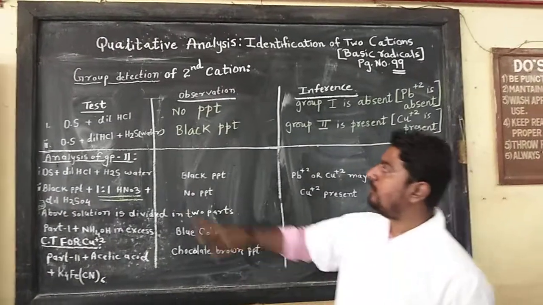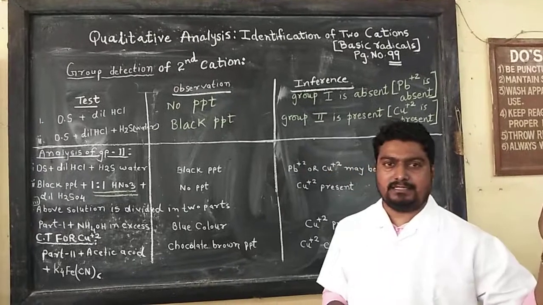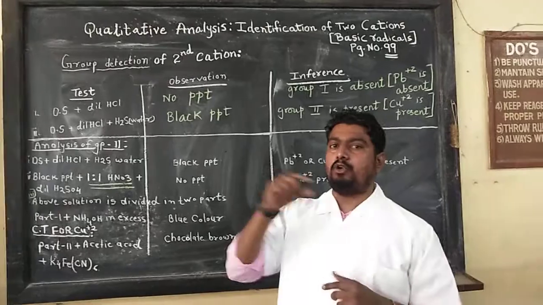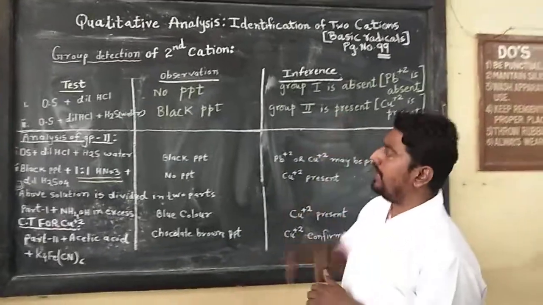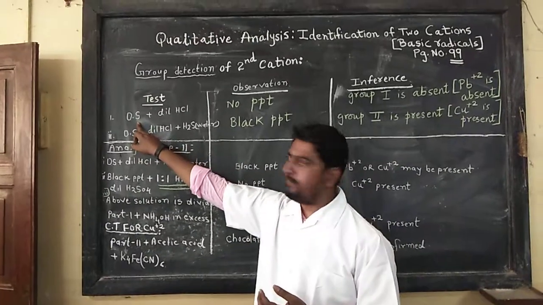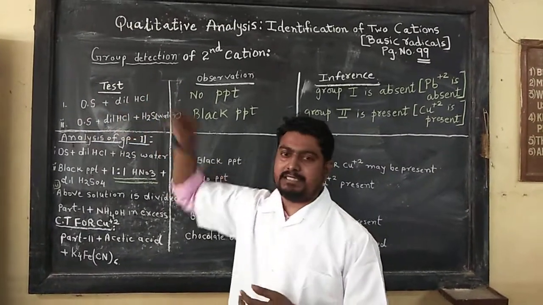So first we have to perform, in that video we have done the test for the zero group. Now we will go for group 1. For group 1 we have to perform a test. We have to take the original solution and add dilute HCl into that. See,